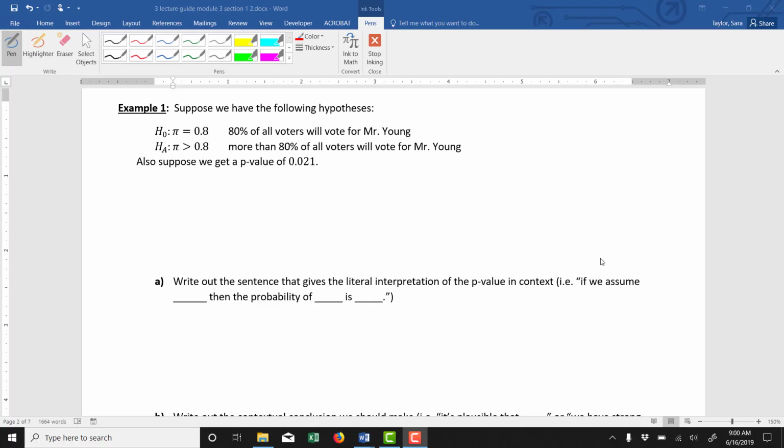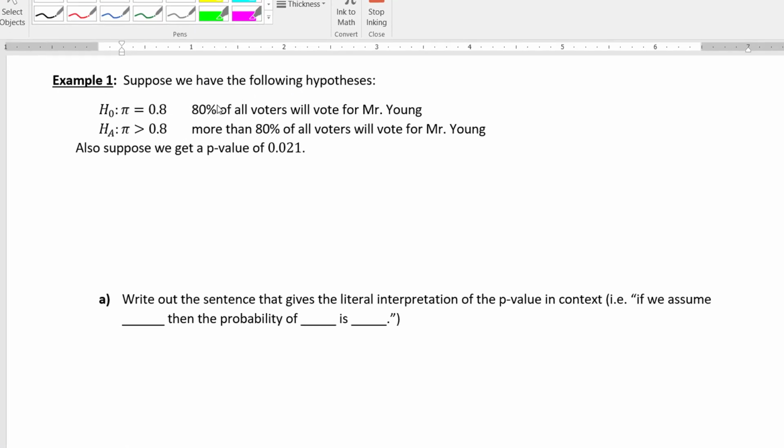This video is Module 3. We're going through Example 1. Example 1 reads as follows. Suppose we have the following hypotheses. The null hypothesis is that pi is equal to 0.8. In context, that reads 80% of all voters will vote for Mr. Young. The alternative hypothesis reads pi is greater than 0.8, meaning more than 80% of all voters will vote for